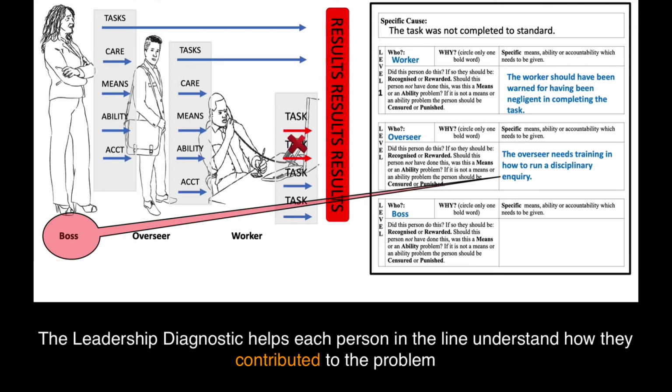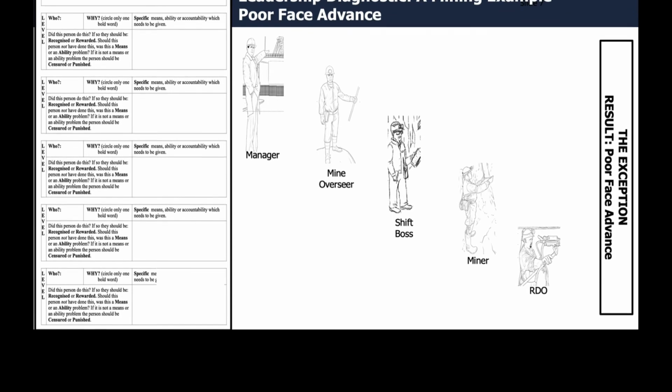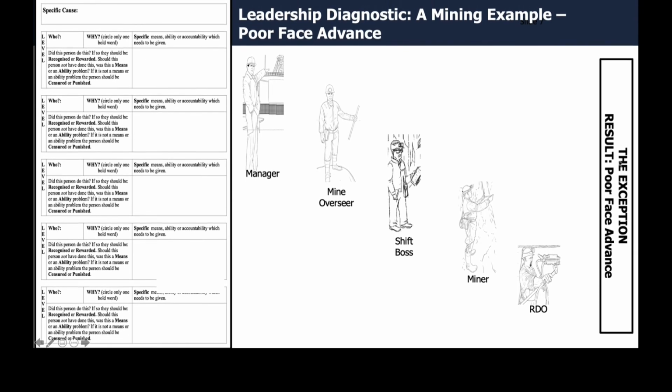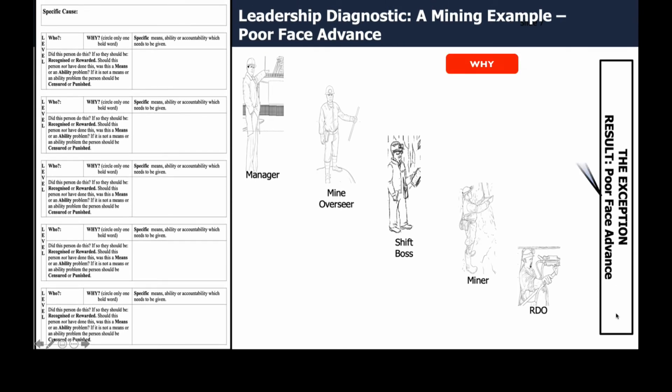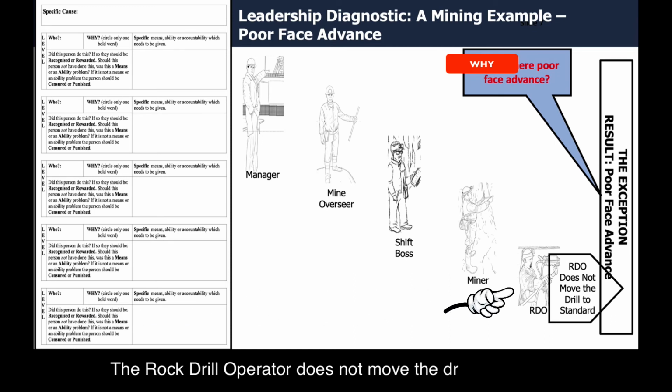Let's have a further example, and this time a mining example. Let's assume that the exception we're dealing with is a poor face advance, and the reason is that the RDO doesn't move the drill. The RDO, being the rock drill operator, doesn't move the drill to standard. There's a particular standard of the drill having to be perpendicular to the face in order to get the right